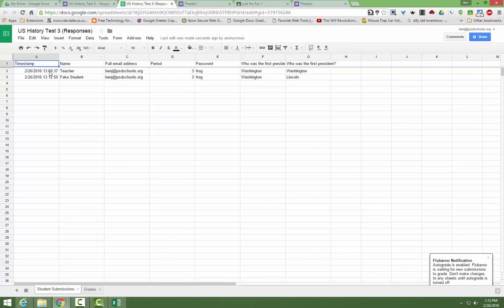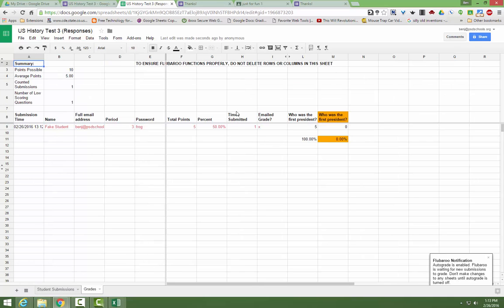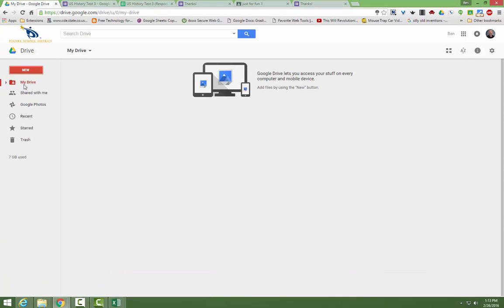Now if I go back to the spreadsheet, you can see the results are already there. Flubaroo already made this new worksheet called grades, and it scored that grade, and because it was below 70%, it marked that as red. And then as my other students take the test, they'll be scored and added to this sheet. Now if I go back to my Google Drive,